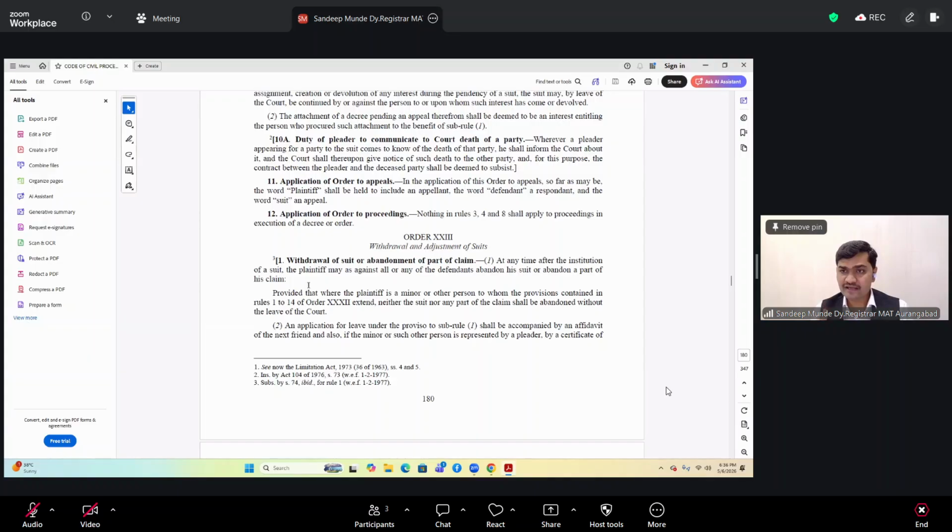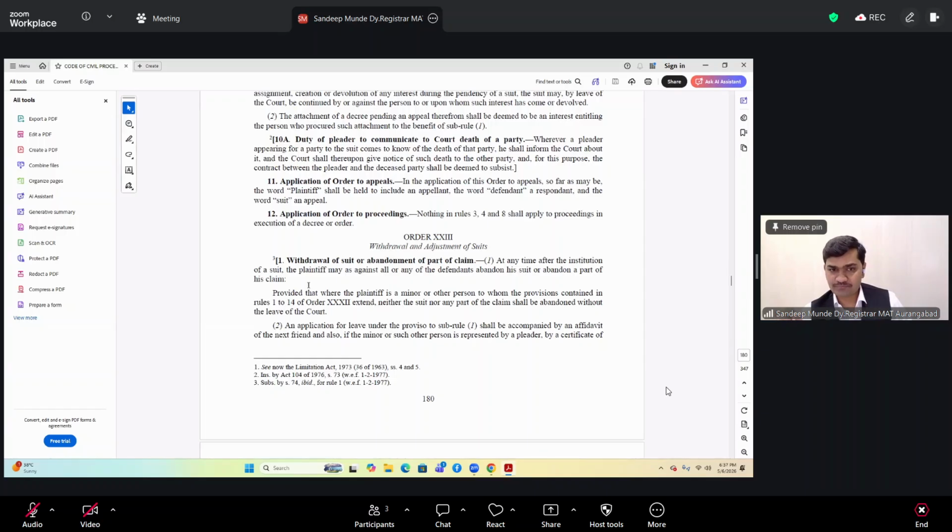Rule 1A of Order 23 deals with the transposition. Nowhere else is this concept mentioned, only in Order 23. Withdrawal of suit or abandonment of part of claim: at any time after the institution of the suit, the plaintiff may, as against all or any of the defendants, abandon his suit,